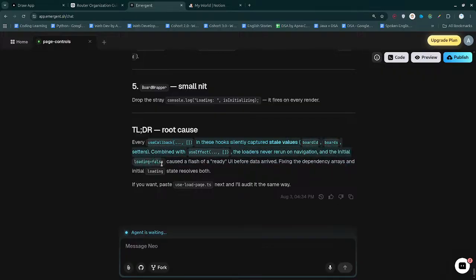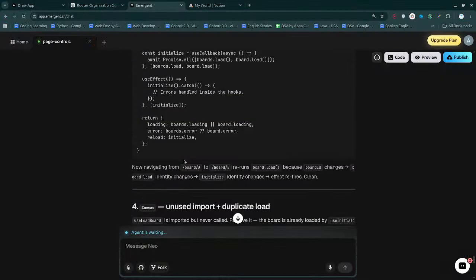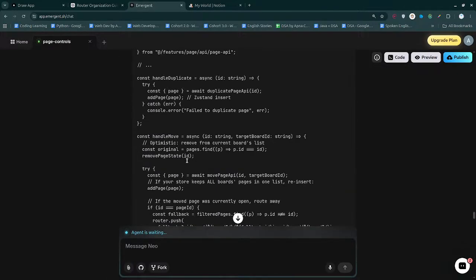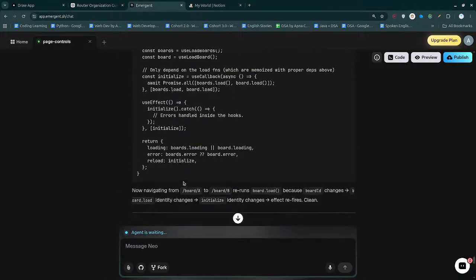The initial loading being false caused a flash of ready UI before data arrived, so fixing the dependency errors and initial loading. If you want use load page.ts, it is sort of trying to give me the